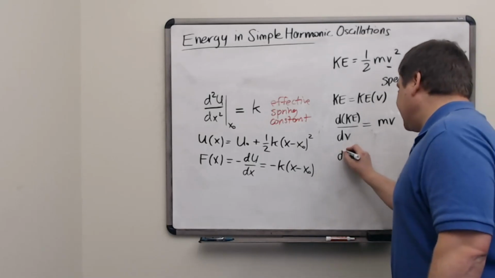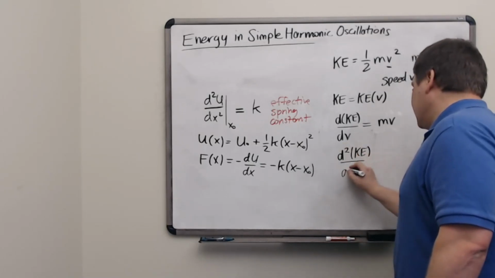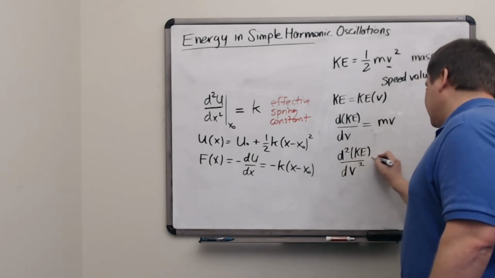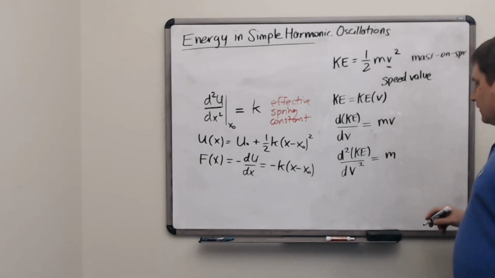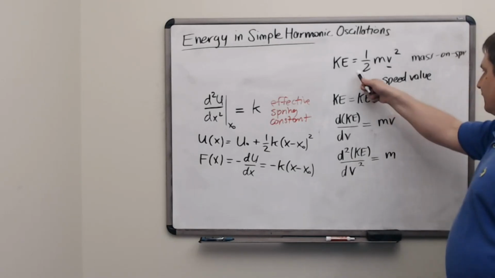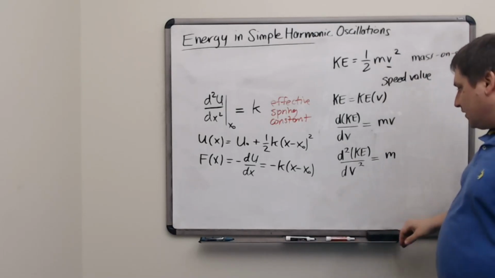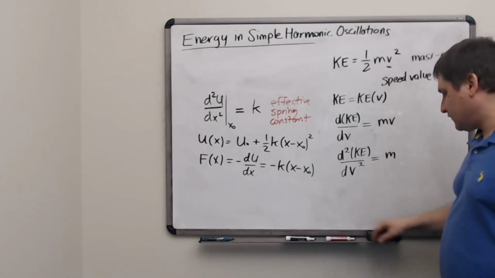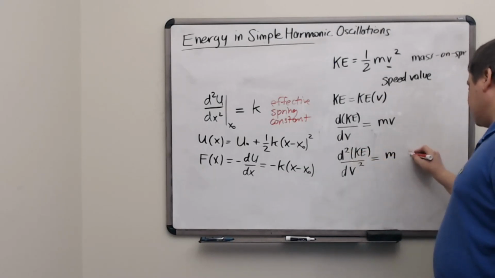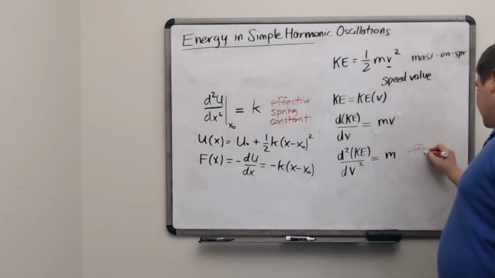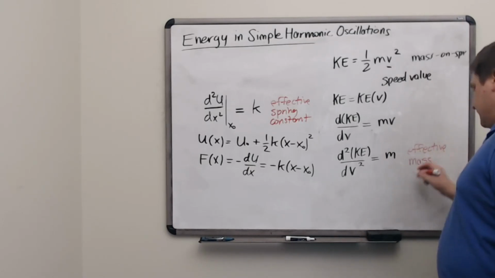And then let's take the second derivative of the kinetic energy function with respect to speed. This will give us just m. So this gives us the right mass for an actual motion of mass. But in other scenarios, this second derivative of kinetic energy with respect to velocity will give us some constant value,